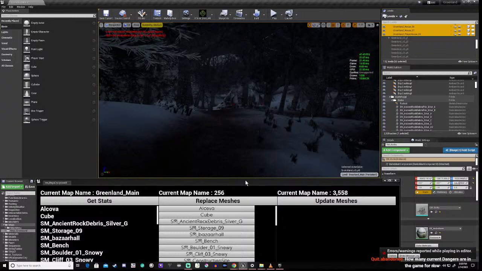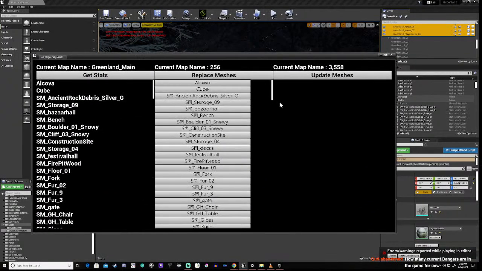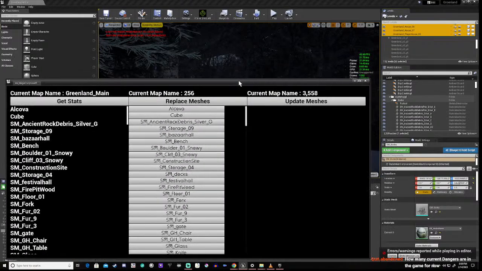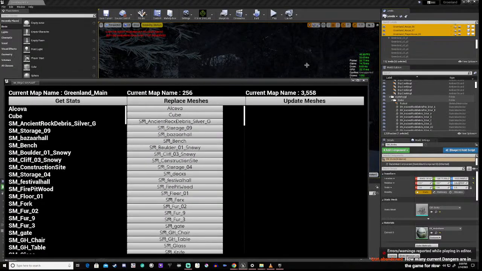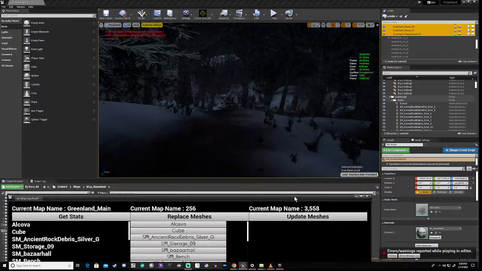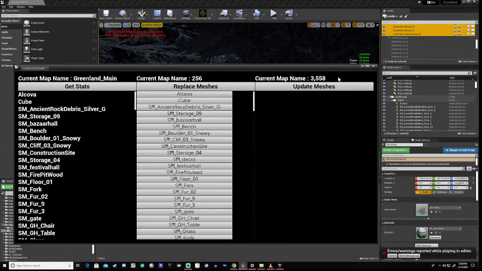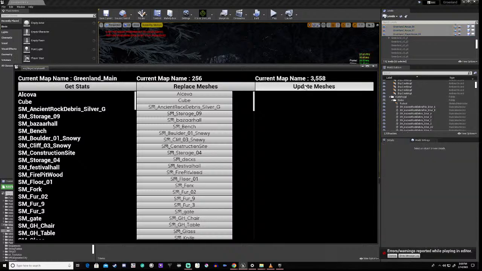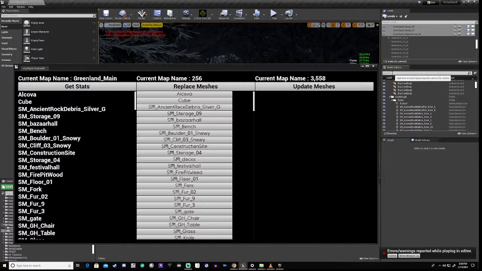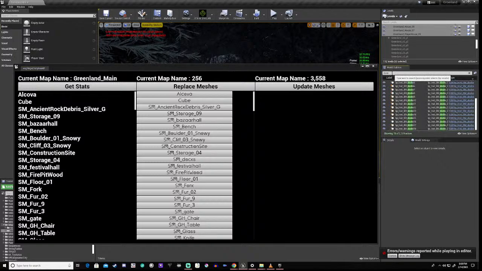Okay. Now, here's the thing. We've got 256 of these. And what we're going to do, right, is we're going to hit update meshes. Okay. And now, if we select dock, you'll notice these are all instances.